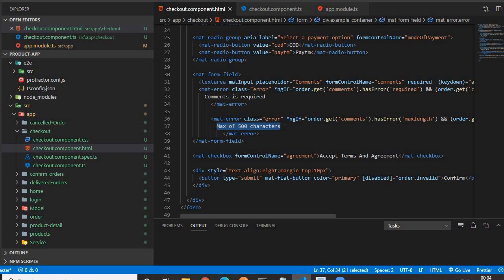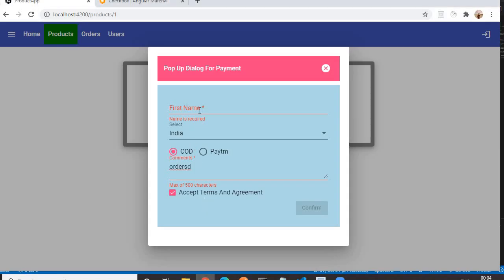I think up to this everything is clear. Next, what we'll see, if you are seeing, let me type something, Anil, then let me rectify it. If you see, when our form gets valid, then our confirm button is getting enabled and the user is able to click it. How is this being handled?